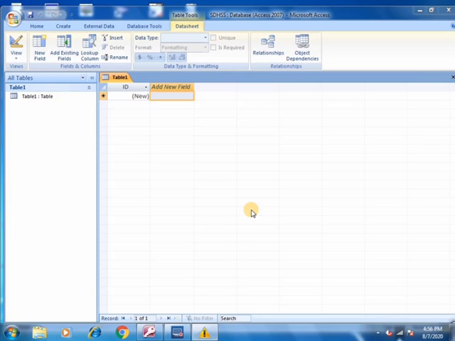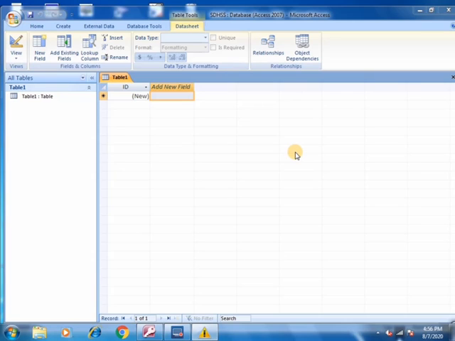First of all we have to learn how to create a table in a database. Here we can see our datasheet view. Every table we can make in two different views: one is datasheet view and the second is design view. First we learn about datasheet view.